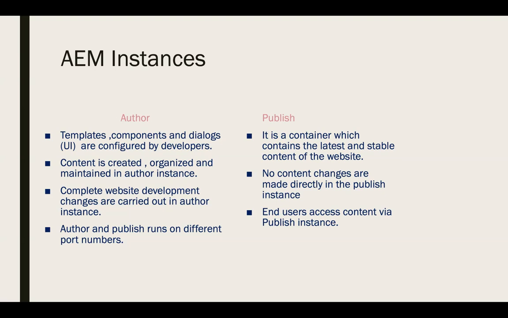Whether you have a publish instance or not is a choice. They may not need to do any test publishes. Okay, so publish is nothing but my final product. That's it. Whatever changes, I can get from Git to Jenkins, and I can deploy in the production the same way. So author is not required in the production. Yes, author is not required, and in fact, it's not recommended to have author in production. Clear.